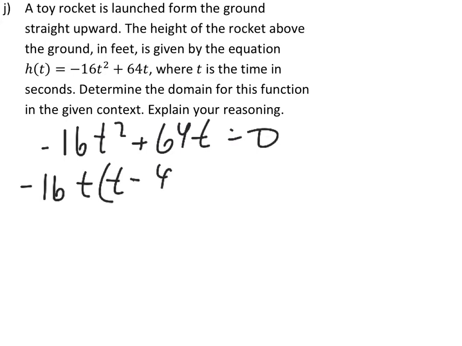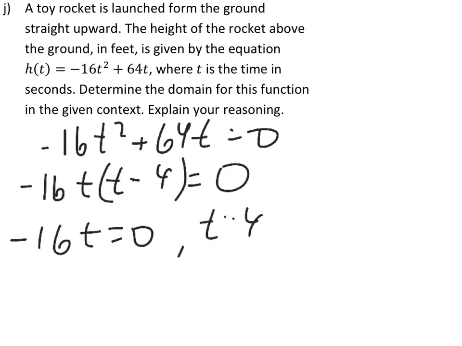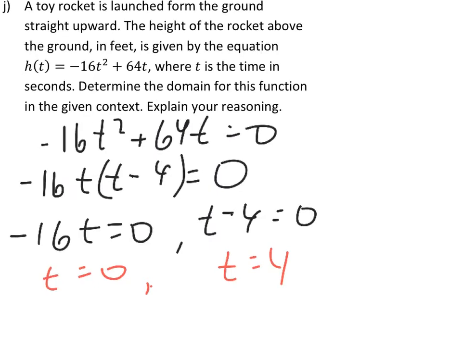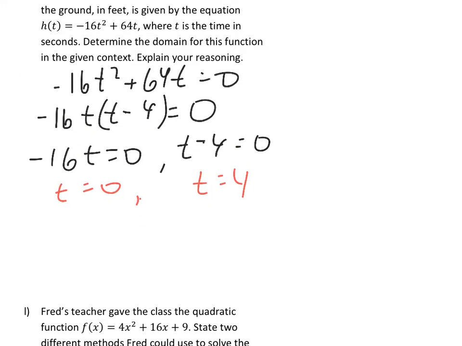4 equals 0. So now we have the product of two factors that equal 0, which means one of those factors or both must be 0, independent of the other. So negative 16t could equal 0, or t minus 4 could equal 0. So I'm going to solve both of those, and I get t equals 4, or t equals 0. So my domain is x such that 0 is less than or equal to x, which is less than or equal to